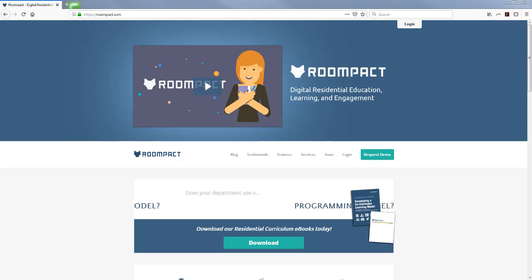Roompact is a multi-purpose tool that is used to manage many parts of our residential curriculum, including but not limited to roommate agreements, documenting and tracking potential roommate conflicts, tracking community events and facilitated events planned by the residential staff, documenting one-on-one conversations between residents and their CAs, and submitting daily road reports in each residential area. At its heart, Roompact is a communications tool that provides real-time information to residents, student staff, and professional staff in